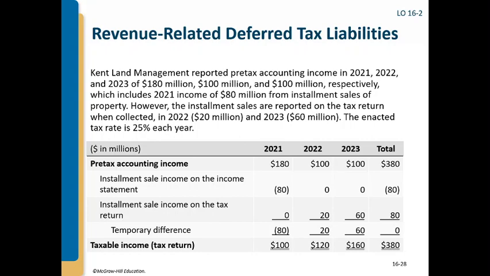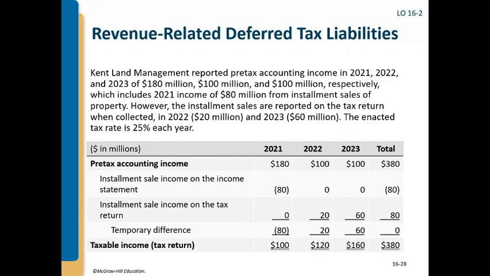Here again, if you go back to page 911, you're talking about the stuff in the purple. And so we're in the top left quadrant under revenues, installment sales of property, and unrealized gain from recording investments